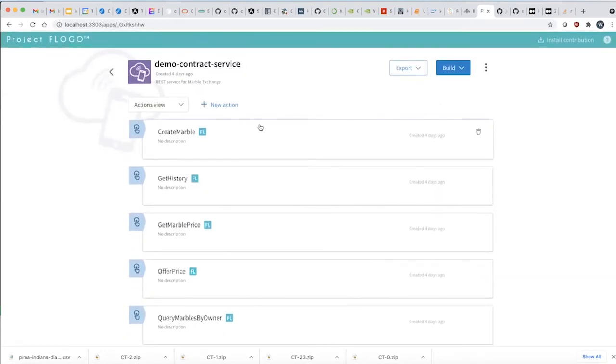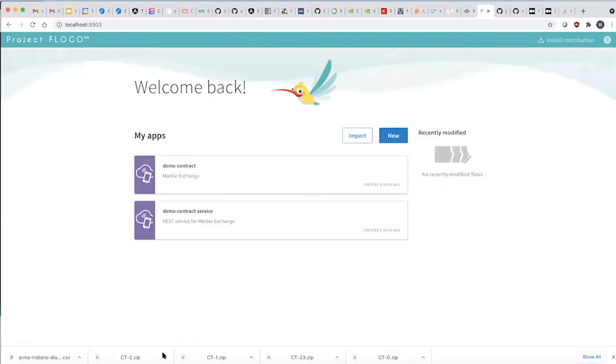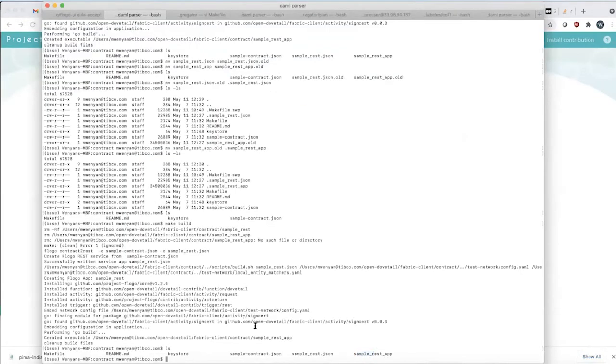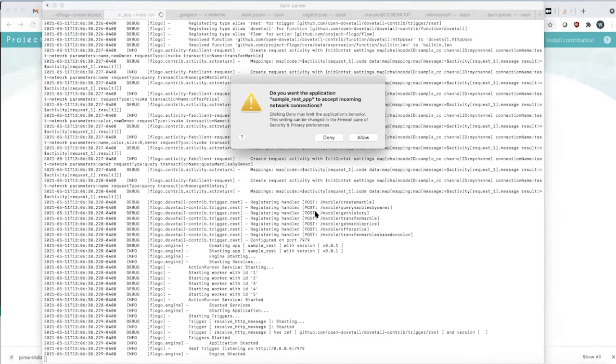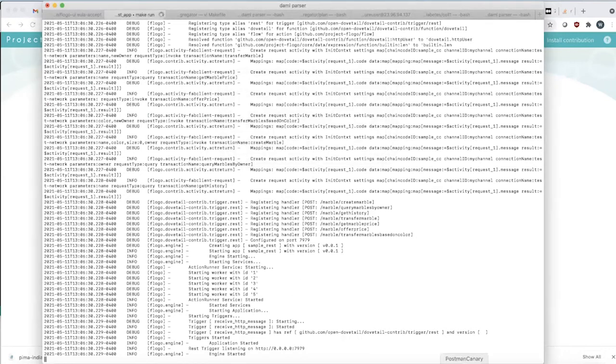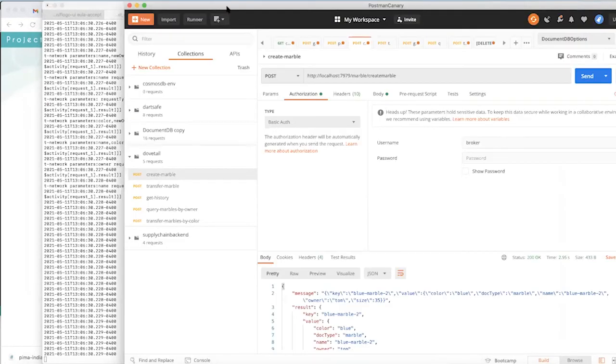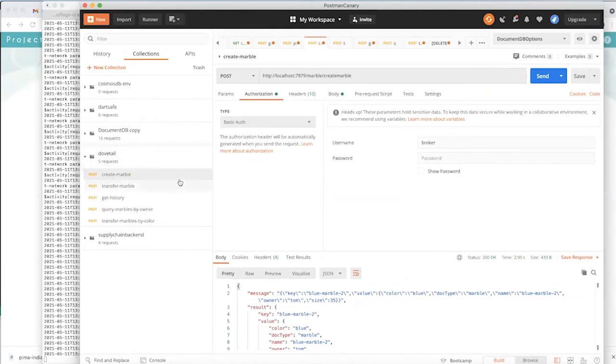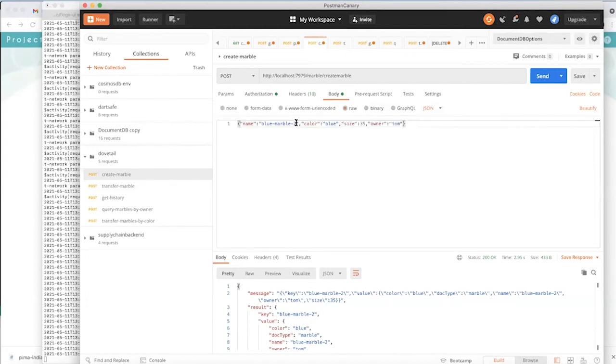Now we have the service, and we'll run the service and then run some testing. So now let's say make run. I'll start it up. Now it's started. I have everything set up already here in Postman. So first we'll create a marble. Look at the payload. Let's say I'll create a blue marble 3. And if I send it,